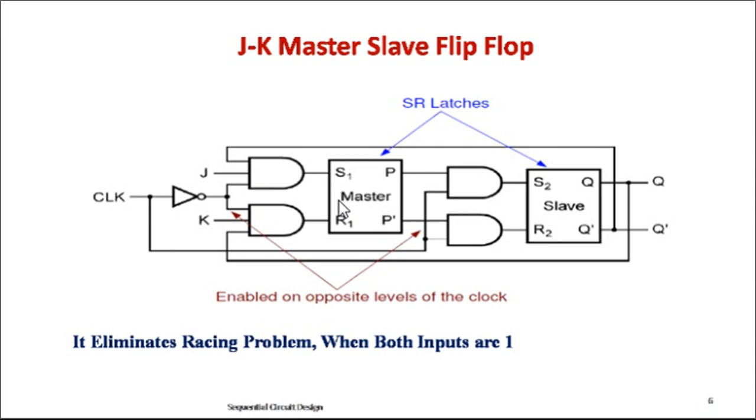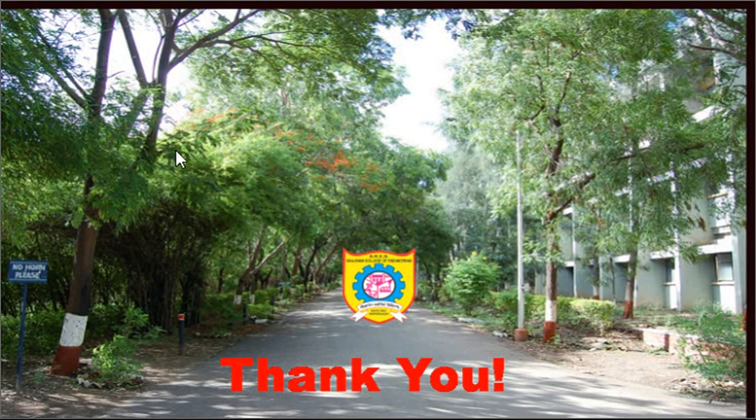There is no change in the truth table, only the problem that occurs in the SR or JK flip flop: in the JK flip flop, in the 1-1 condition, the output is Q and Q bar, but the race around condition will occur, right? The output will fluctuate between 0 and 1 due to the small time period delta t. That was overcome in the master slave JK flip flop. These are the connections we are making. The inverted clock we connect to this one, and it eliminates the race around problem when both inputs are 1. So I hope you understood the JK flip flop. Thank you.